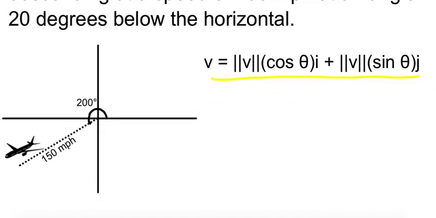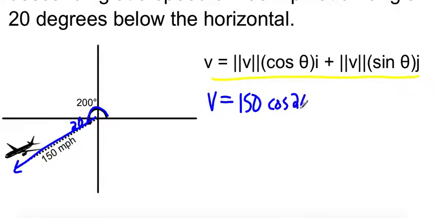Okay, here's your airplane. So we want to write a vector for this. The magnitude of v is already given. That is the speed, so we have 150. We were told that our angle is 20 degrees below the horizontal, which if we add 180 to that, it's going to be a 200-degree angle. So 150 cosine 200 i, plus 150, same magnitude, sine 200, oops,